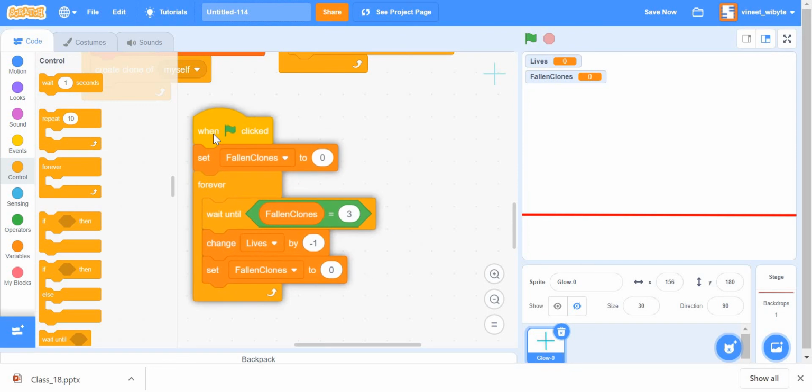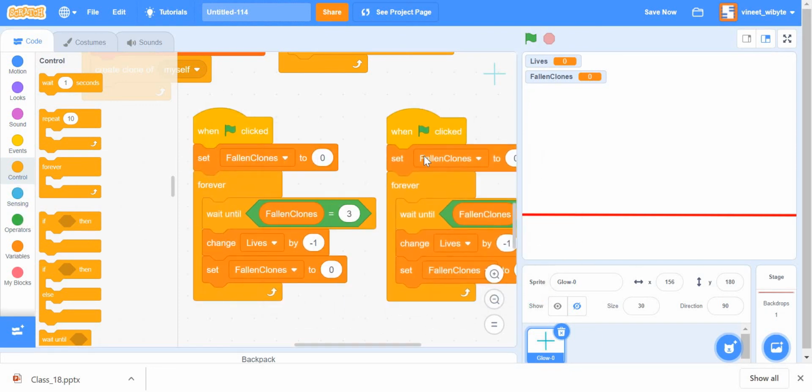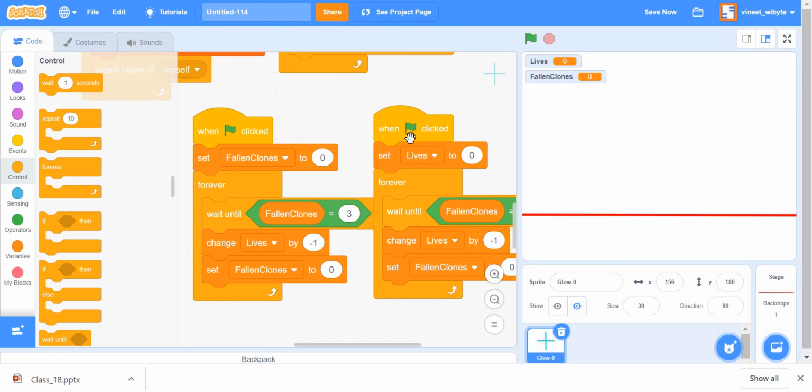Now, what do I do with the lives, right? So I can put another loop here just to keep things simple. Of course, I can put it all in the same loop, but I just like to keep it a little bit easier to understand. So I'm going to say set lives to, say, 3, right? Now I can say wait until lives become 0, right?